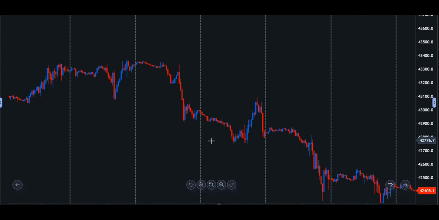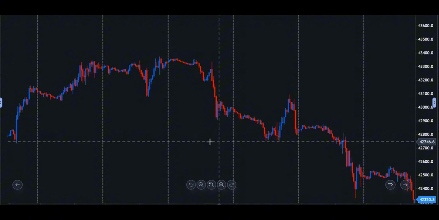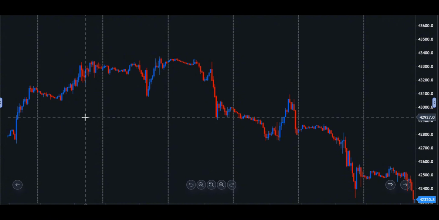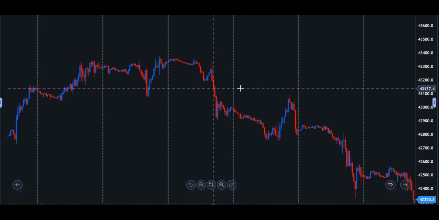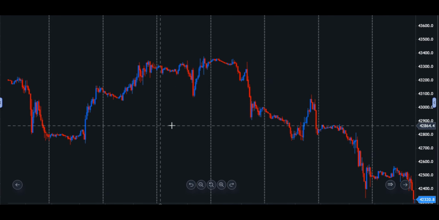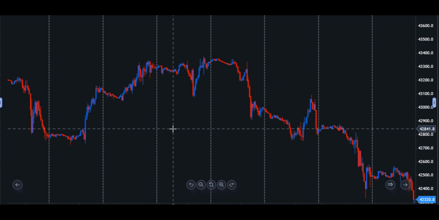So we are here on a live chart, right? We are right here on a live chart. So I'm going to be showing you guys a live illustration of market structure. Now, guys, before we go further,